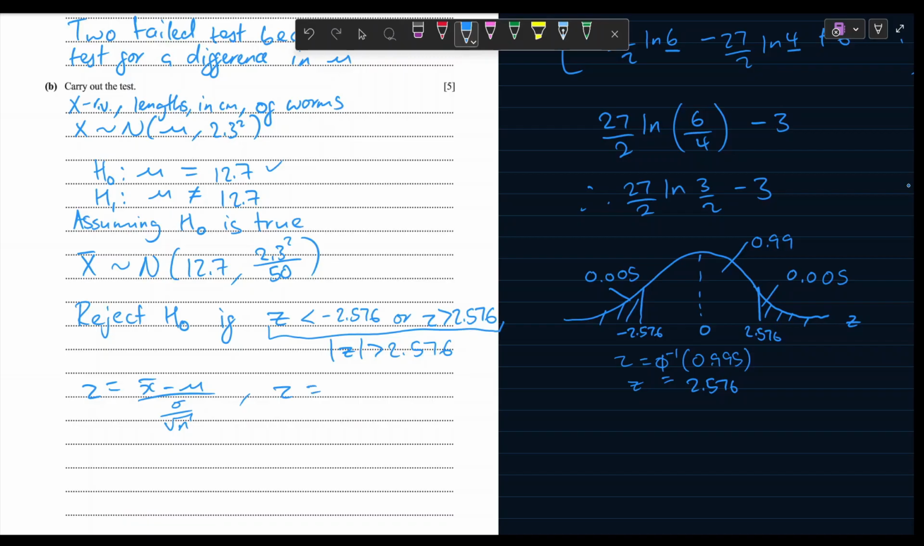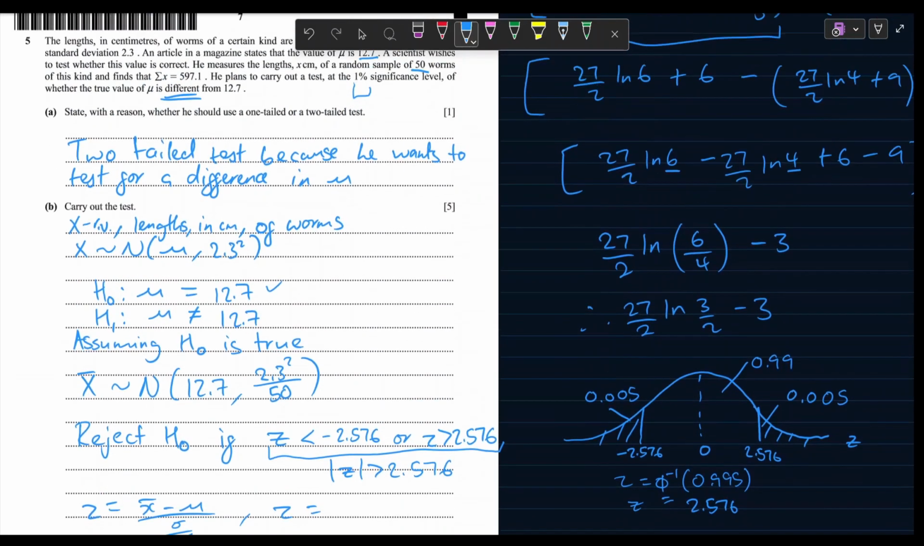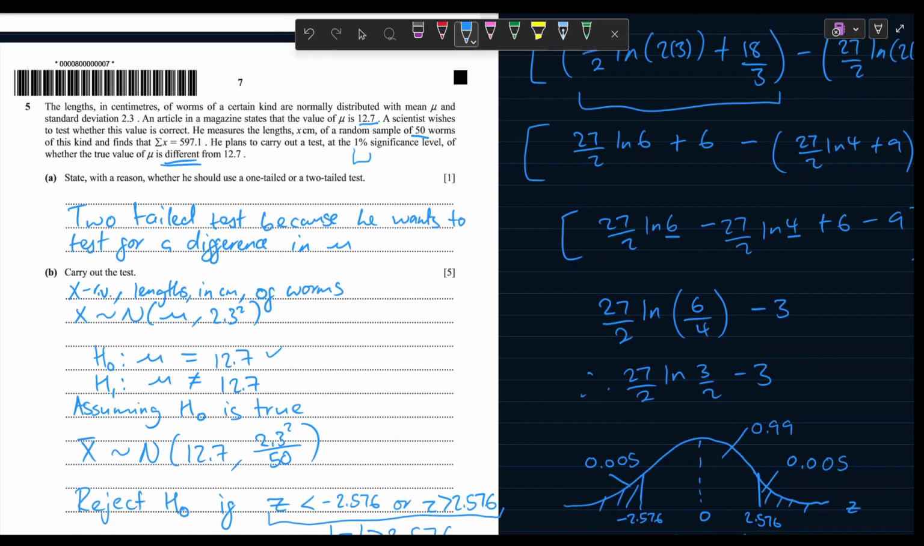So Z is equal to, what is our X bar? The X bar is going to be the mean that you get from the random sample that was taken by the scientist. And they gave us the summation of X instead, so they want us to calculate it by ourselves. X bar is going to be equal to the summation of X over your sample size. So X bar is equal to 597.1 divided by our sample size, which is 50. So we get that X bar, our test statistic, is